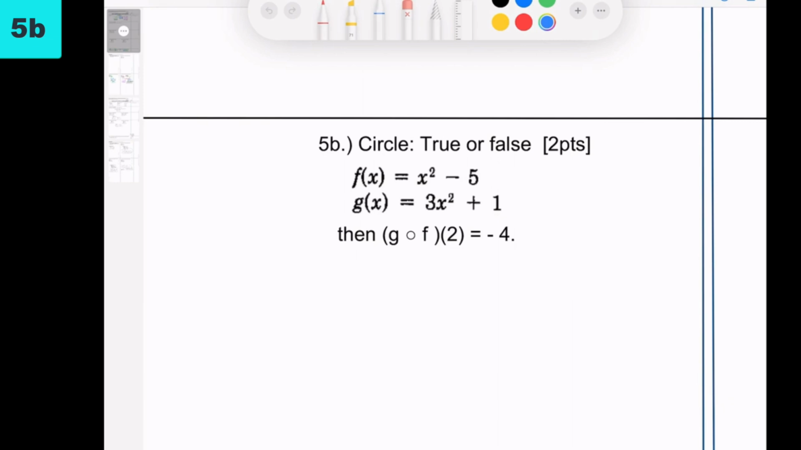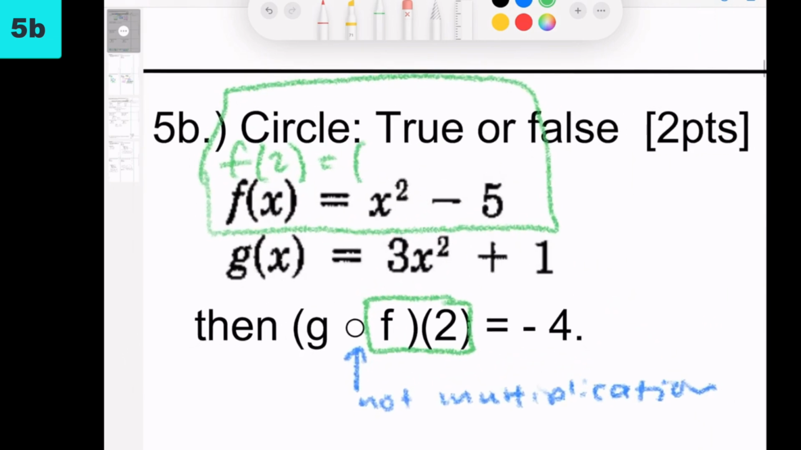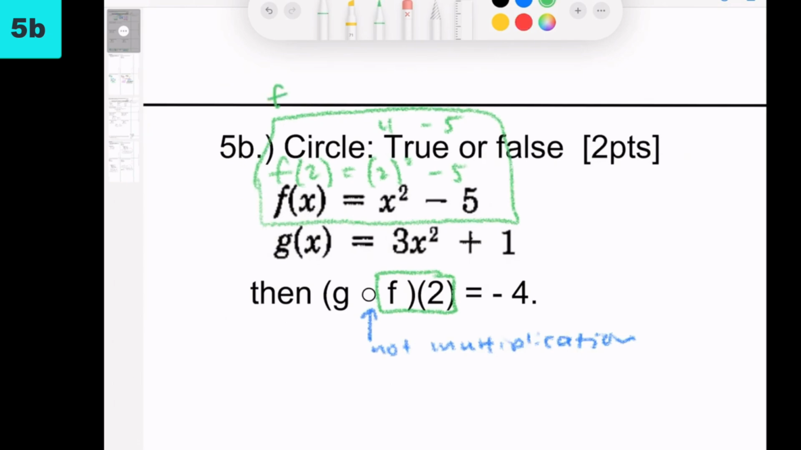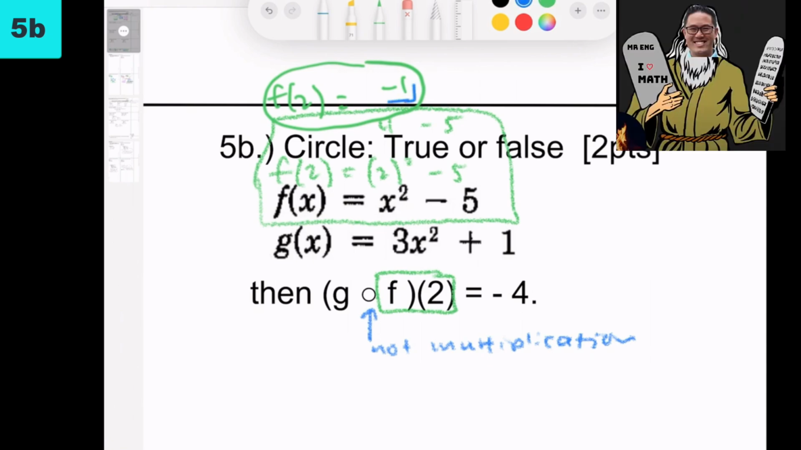All right, let's go over 5b. The common mistake is this is not multiplication. This is saying f of 2. So I'm going to put in f of 2 here. 2 for every x value. That gives me 4 minus 5. Working up here. And this would give me negative 1. So when f of 2 is equal to negative 1. So this output, the answer,